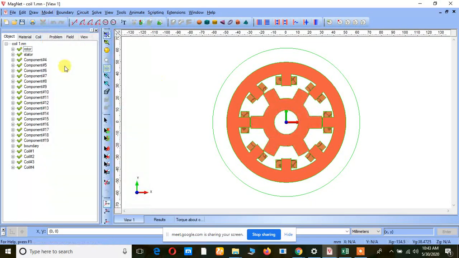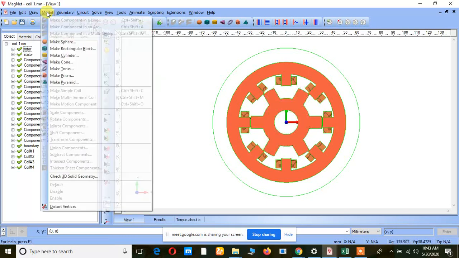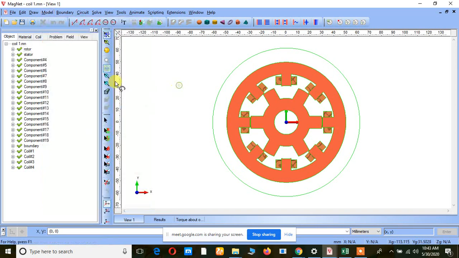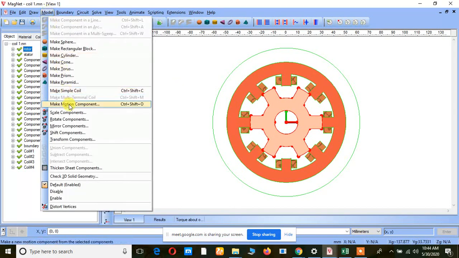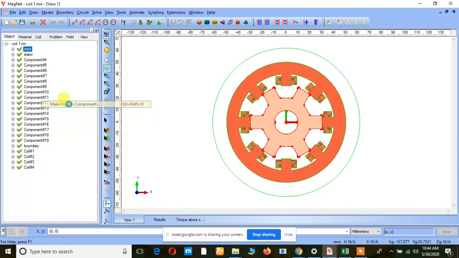If you are not selecting it, go to the model and see, the motion component will not be enabled. So after selecting the rotor, go to the model and then go to make motion component, right? If we do it like this, we can identify a motion component. It will be found here.